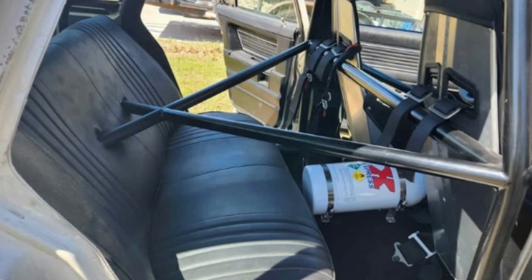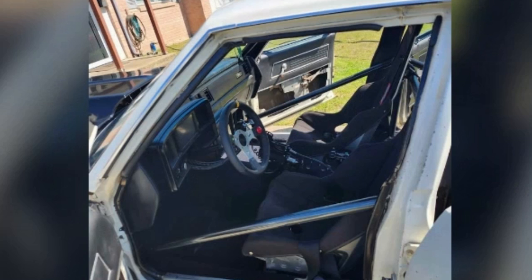A roll cage was installed by Texas Chassis Works. The seller emphasizes that this is not a trailer queen, it's fully drivable. Located in Irving,